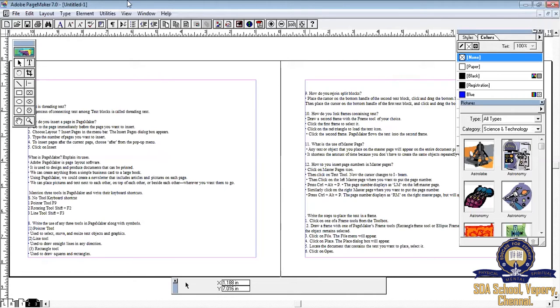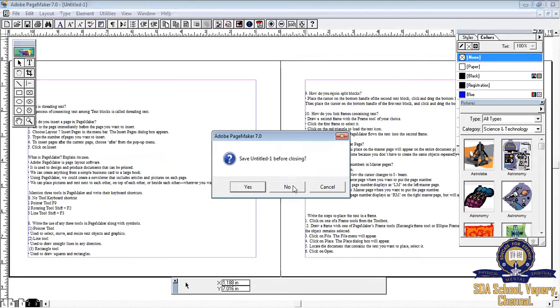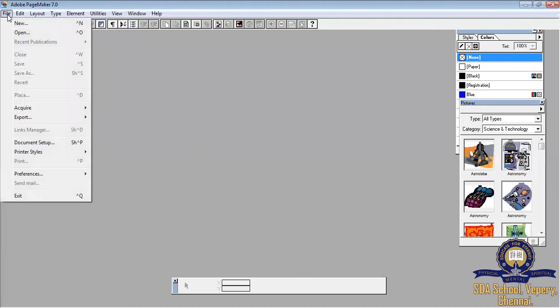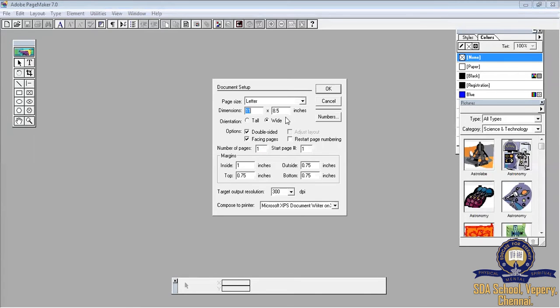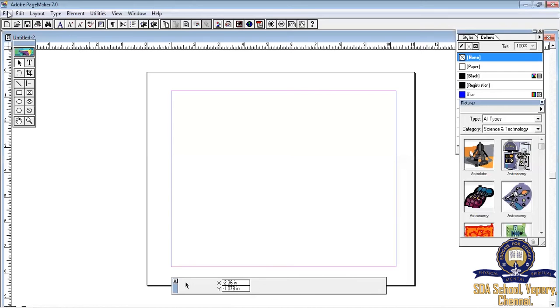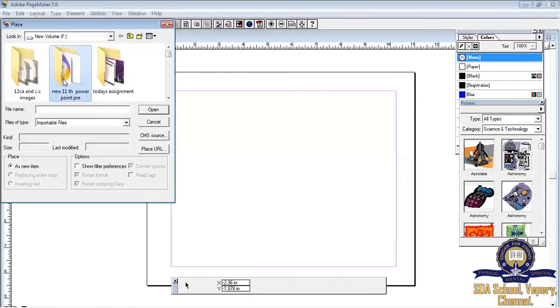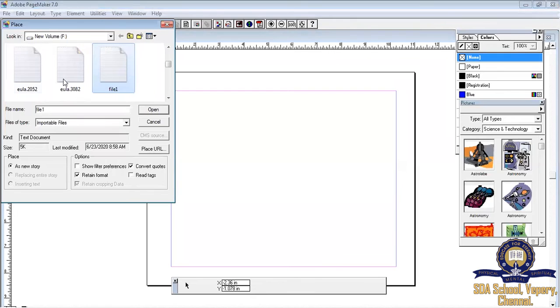Let me show you what is automatic text flow. Go to the same file menu. First, let me choose a new file. Right? Then go to the file menu. Choose the option place. Choose file 1 one more time.